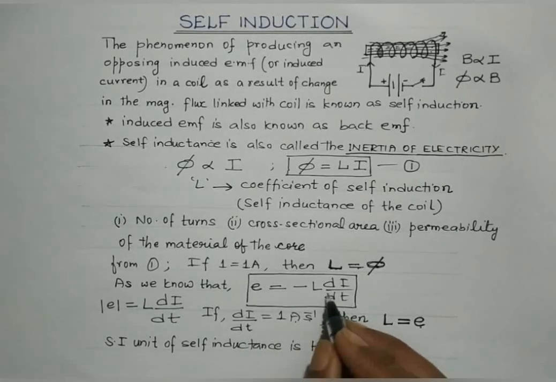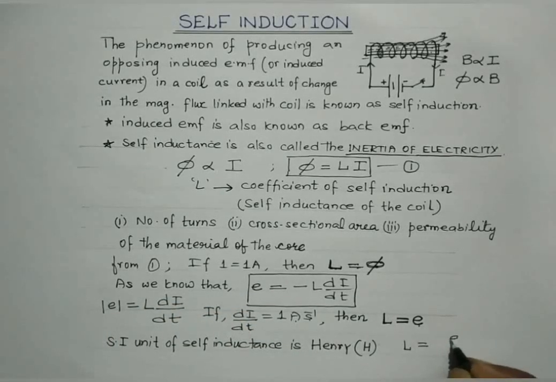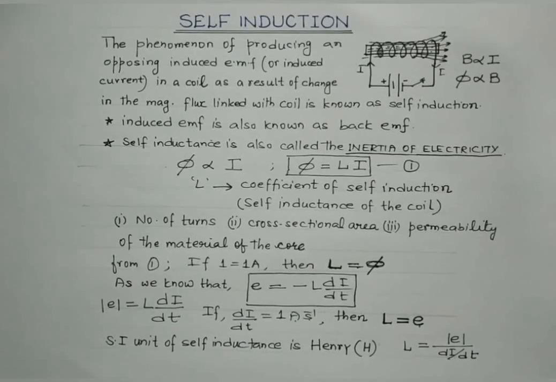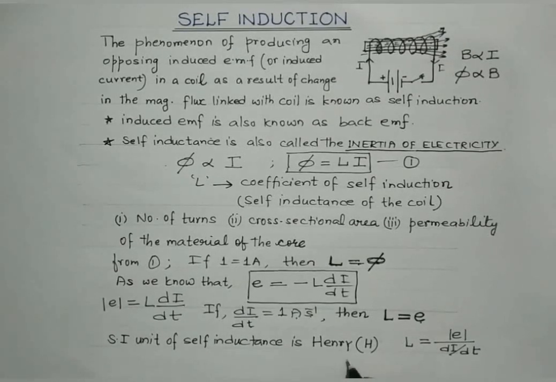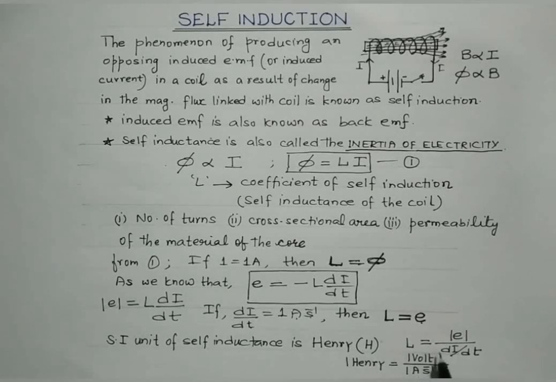Now here, if you make use of this particular expression, L would be equal to E divided by di by dt. Di by dt is the rate of change of current. So 1 Henry is equal to EMF, which is measured in volt, SI unit, and rate of change of current, that is 1 ampere per second, right? So we can make use of this so as to define the SI unit of self-inductance